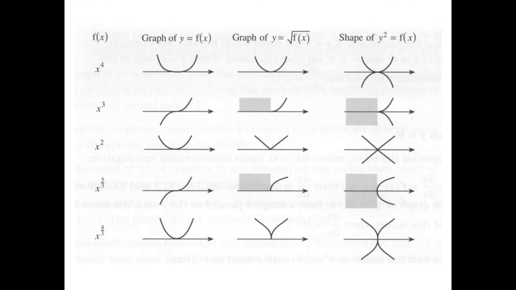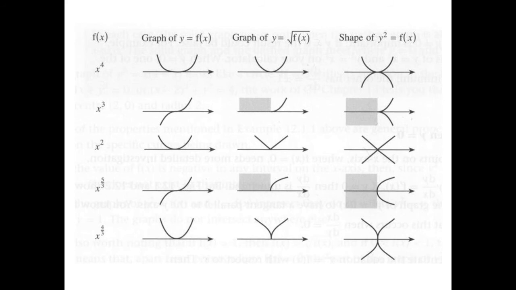Have a look at these then. So my original graph was x to the power of 4. If I'm going to draw the square root of that graph, then I must get x squared. So I know that the x-intercept will become a little bit less flat. So remember, as the powers go up, it gets flatter and so on. So I know it'll look like that. Now, if I wanted to draw y squared equals function x, all that happens is we reflect what's above is